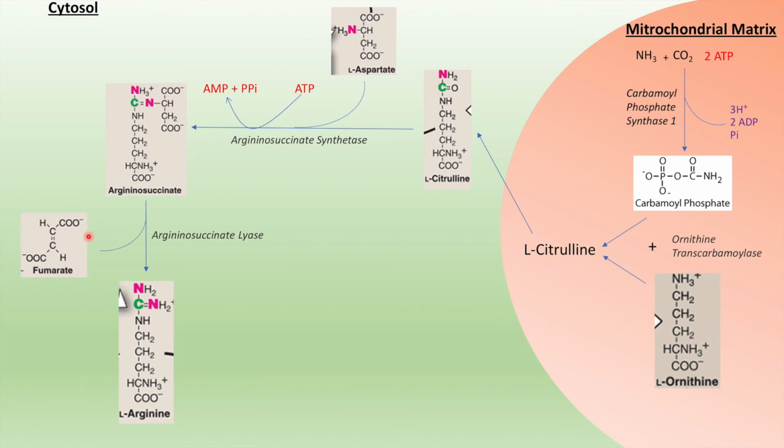Now, remember how we said aspartate is found in the cytosol? This is how we get it, through fumarate. Now, fumarate, with the help of some Krebs cycle enzymes that are found in the cytosol, turns into malate. Malate then turns into oxaloacetate. Now, oxaloacetate turns into aspartate with the help of glutamate, which helps in the deamination of oxaloacetate into aspartate,